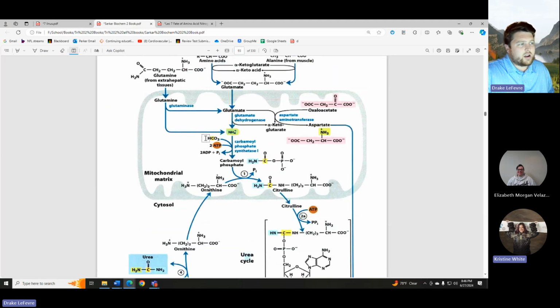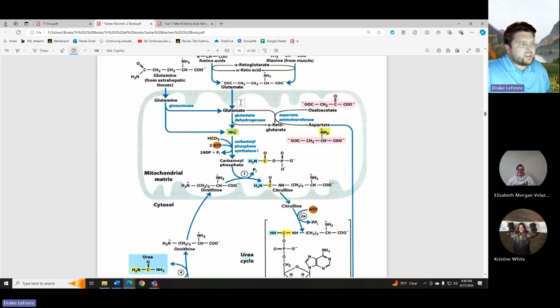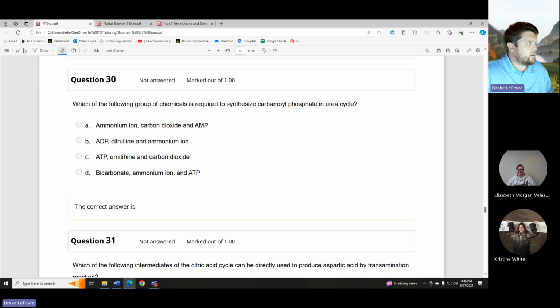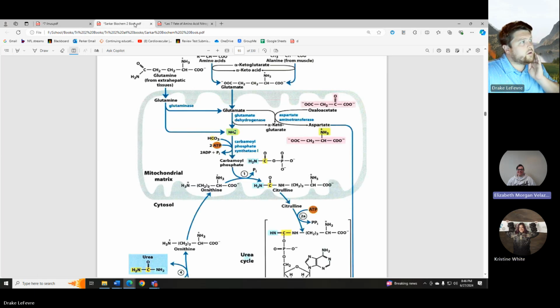But yeah, so we have right here our bicarbonate, ATP, and the ammonium ion. There's one other cofactor that's in here as well. Do you guys remember what that cofactor is? Hold up. It's the B6. B6. Starts with a P. Can't remember the whole word, but